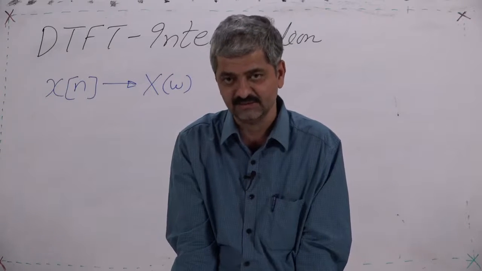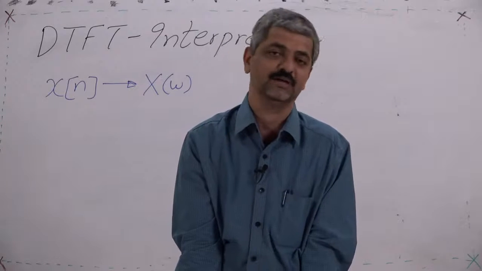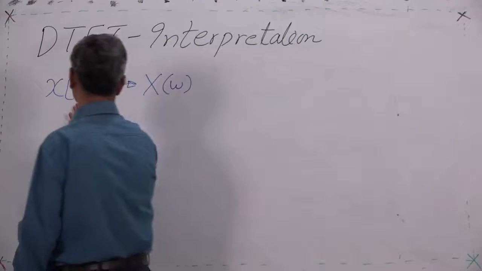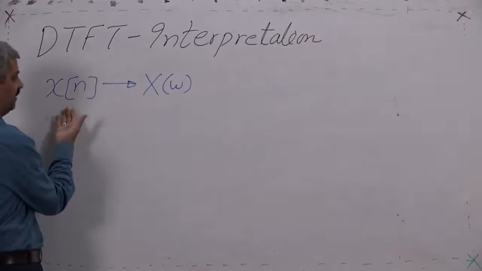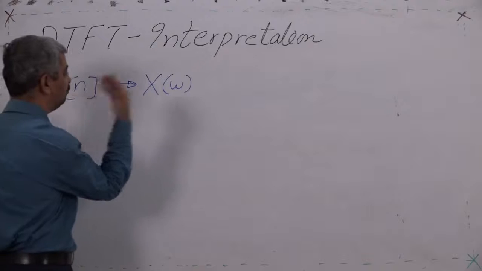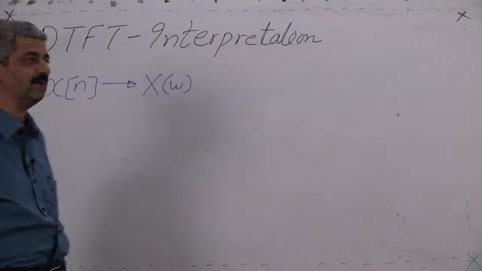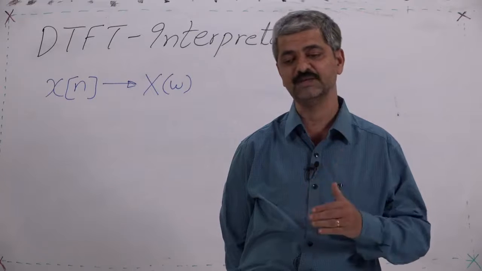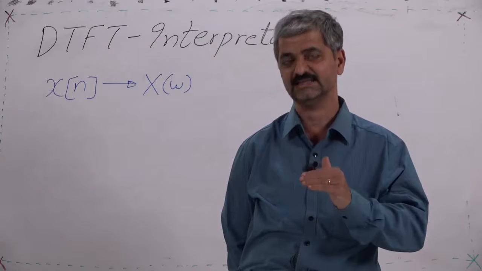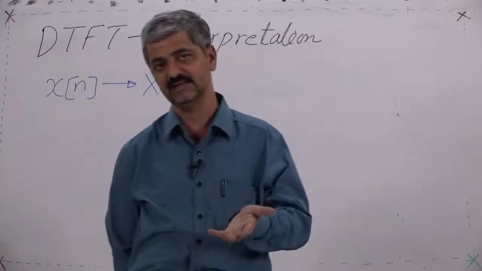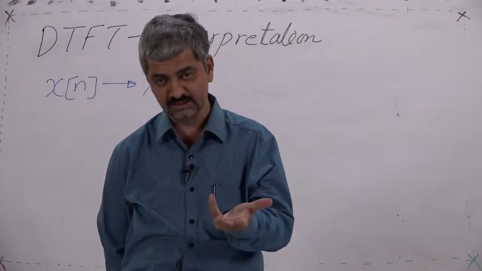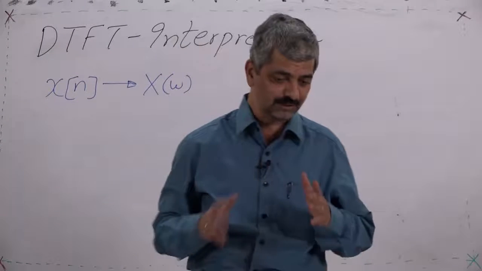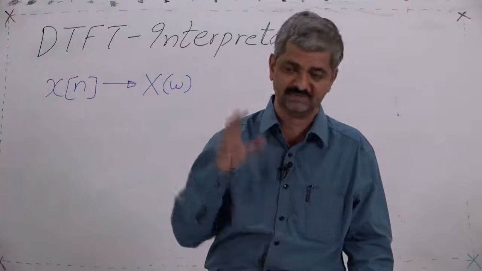So, interpretation, what I mean by the discrete time Fourier transform, that is very important. So, you have got an x[n], that is the input discrete sequence, which we transform into X of omega. So, X of omega is a function. So, what kind of information which is there already in x[n] is exhibited clearly before the user is to be ascertained. For example, now I would like to give a very simple example so that the purpose is very clear.